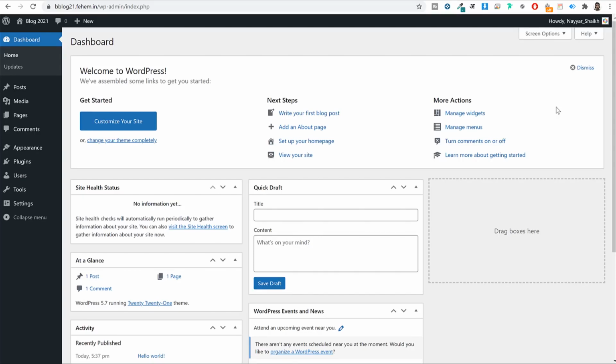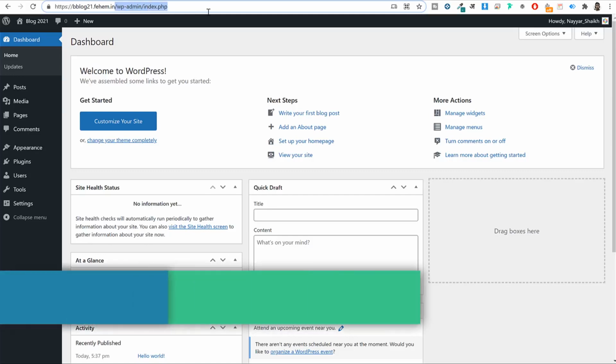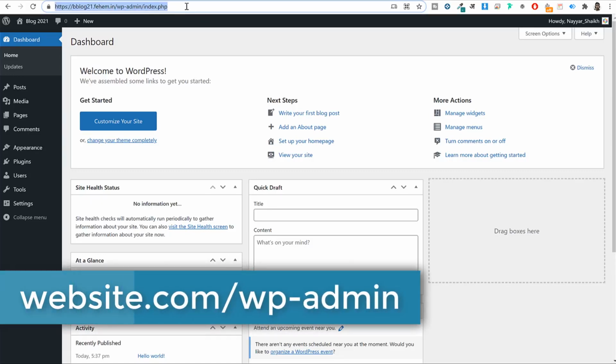Now this page, your dashboard page, is the most important page of your website because you will be controlling your website from this page. So if you want to make some changes on your website, for example, if you want to change the style and appearance of your website, you will be doing that from here. If you want to create a new blog post or edit your existing blog post, or reply to your comments, everything will be done from this page. And whenever you want to come to your dashboard, always type in your website link, and after that type in wp-admin, and you will land on this page. So basically your website name